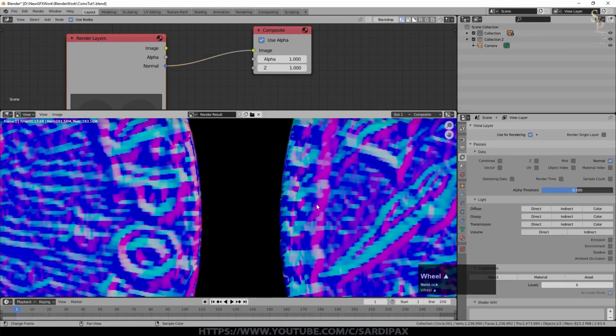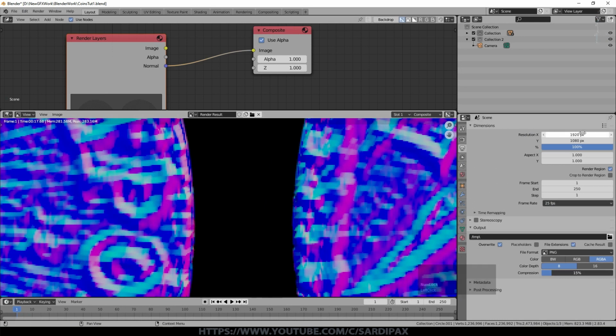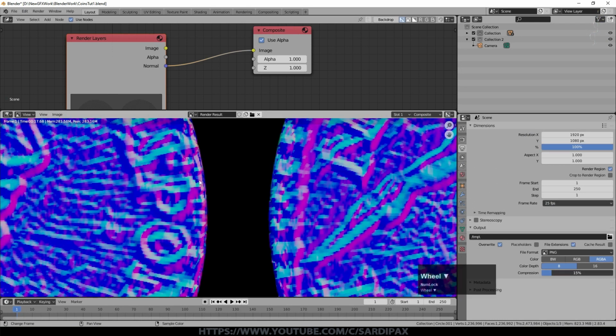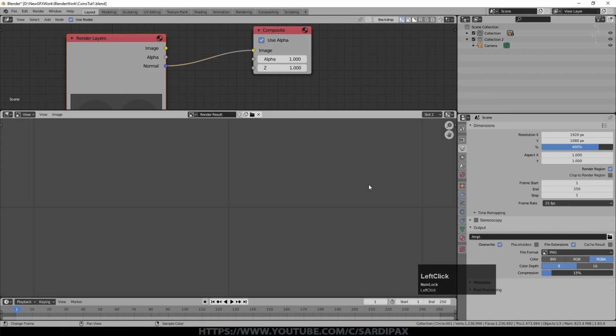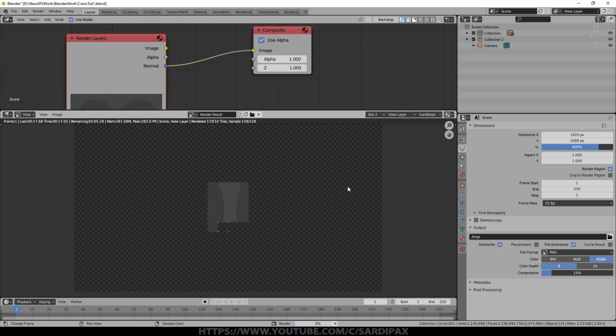Now the first thing I'd point out is because I only rendered at 1920 by 1080, it's quite a low res render, and sometimes you want to really see the detail in the geometry. So what I ended up doing was actually put this up to 400%. So if I go to slot 2, we may be able to see a difference. It'll obviously take quite a bit longer to render this time. And strictly, you don't even need to do that many samples, of course, because you're not actually rendering light bounces. All you're rendering is a normal map based on the distance of each pixel.